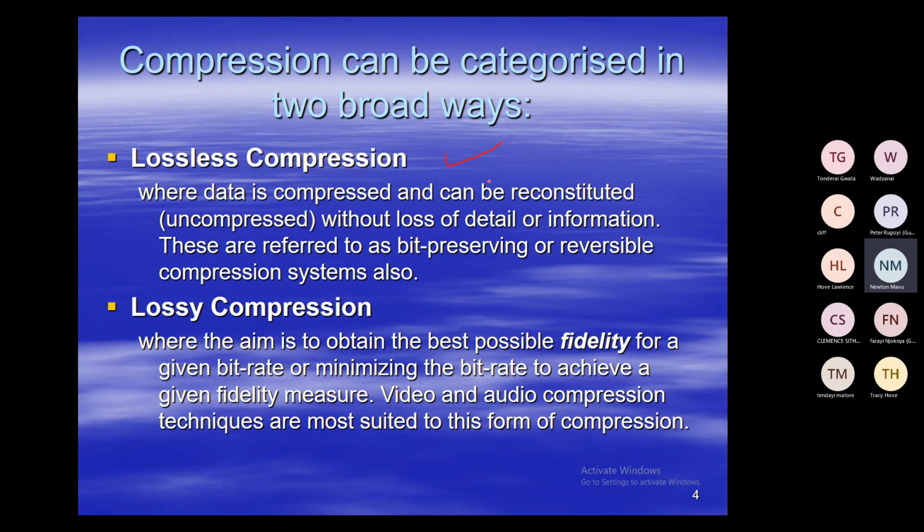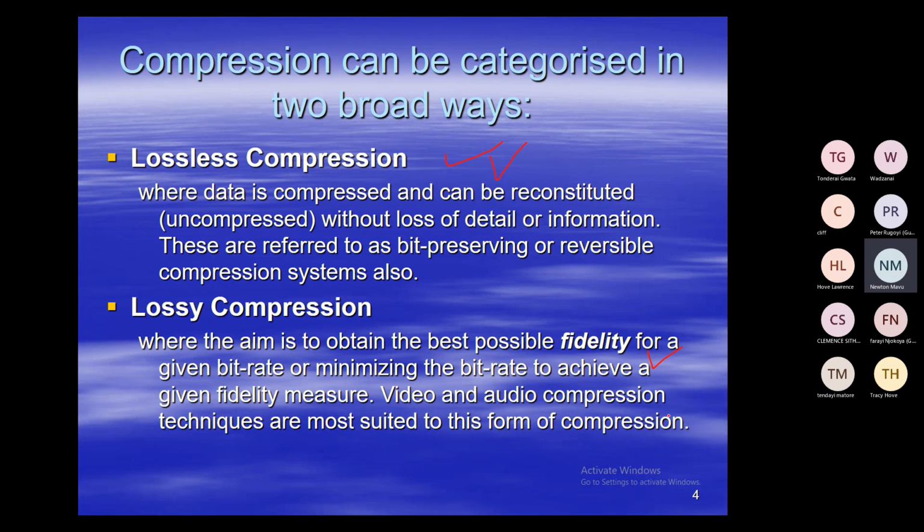Now we go to lossy compression. Lossy compression is where we obtain a file which is of poorer quality than the file that we originally had. We have lost some information we cannot recover. So for text files and software files, we use zipping or RAR files. We use lossless compression, a method that does not lose any information. But on videos and audio, we do lossy compression. On video, we remove some other